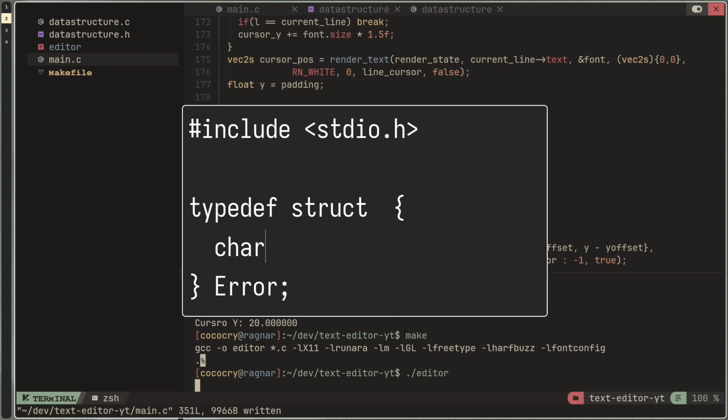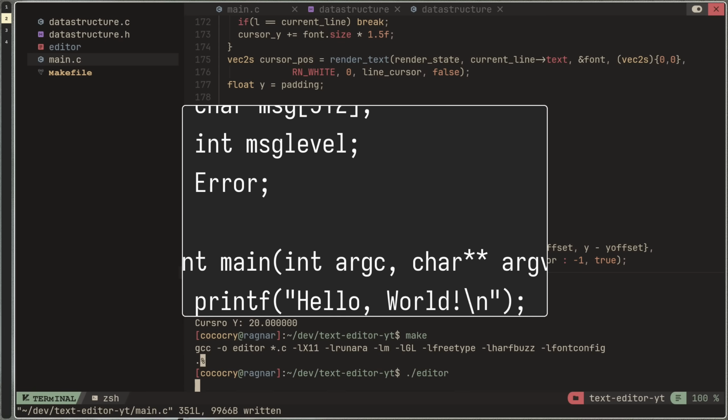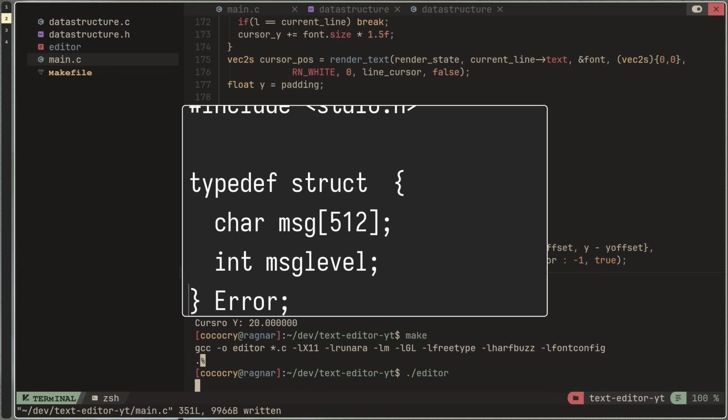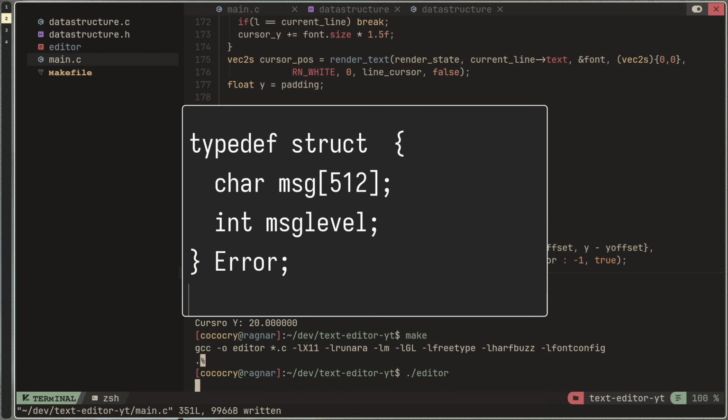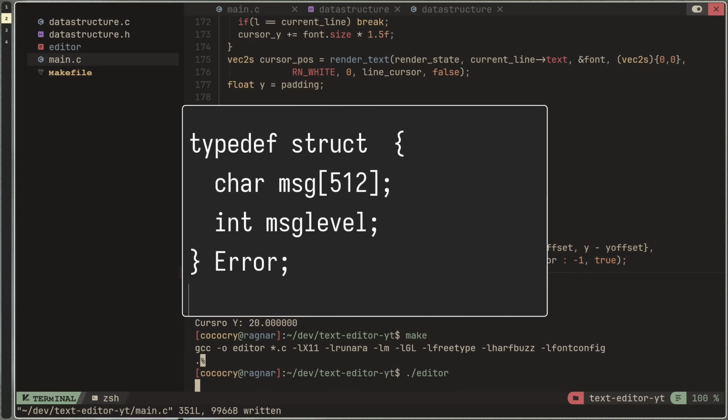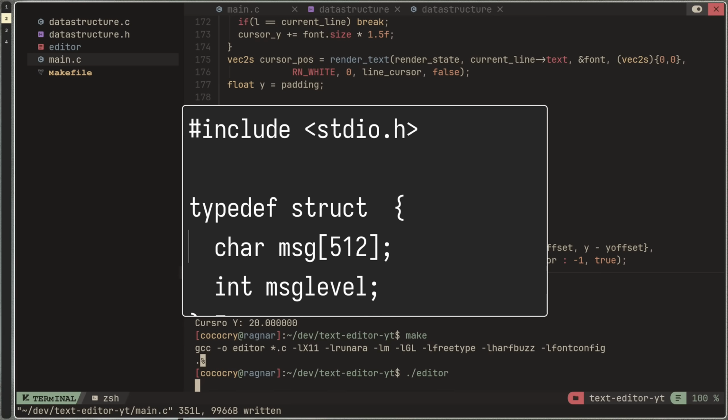And then char message 512, and then int message level, something like that. And as you can see, the pointer always follows. It seems like it. Okay, now it doesn't follow, right? Okay, but that's bad because